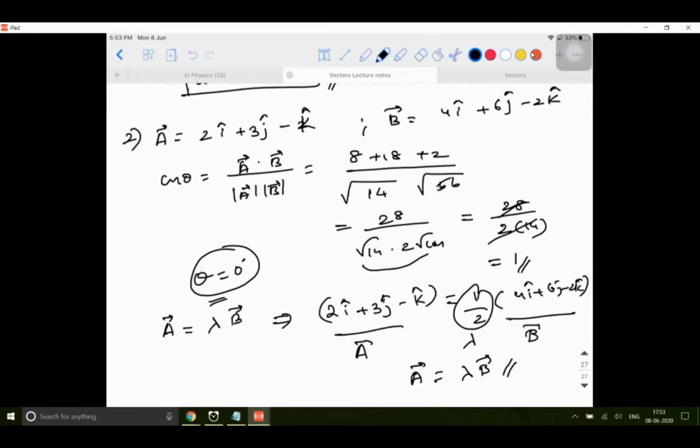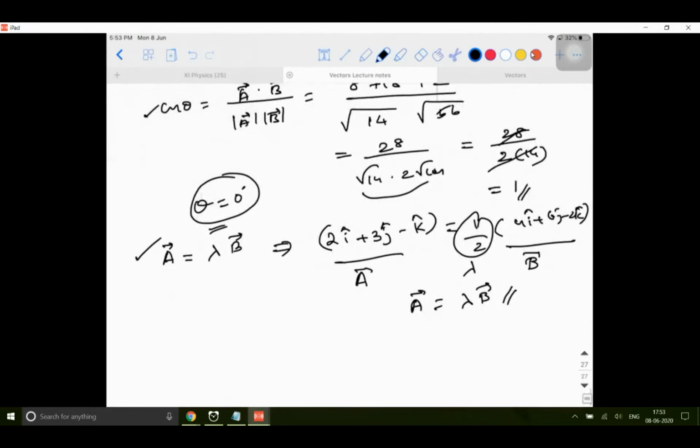So most of the questions, how you are supposed to start is you need to look for the coefficients. If the coefficients are exactly the multiples, for example, 2 times 2 is 4, 3 times 2 is 6, 1 times 2 is 2, so if they are exactly the multiples of the coefficients of A, then you can directly say that they are parallel vectors. Anyways, we have learned two methods. One is using the dot product, and the other is directly by using the parallel vectors definition. I hope it is clear.